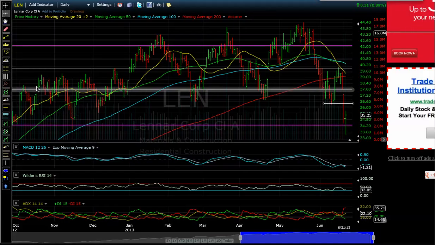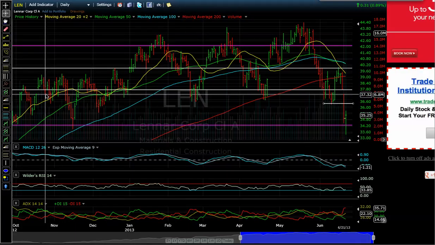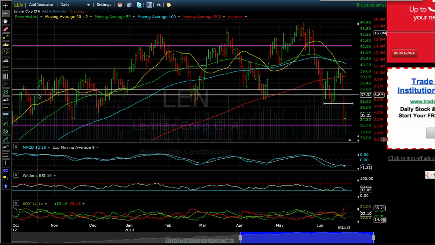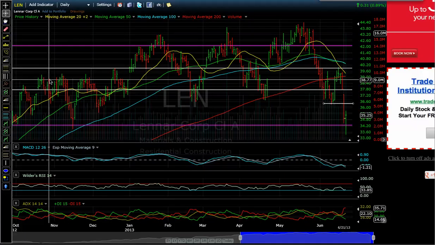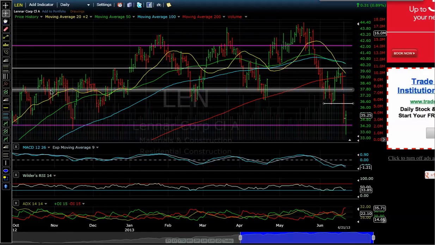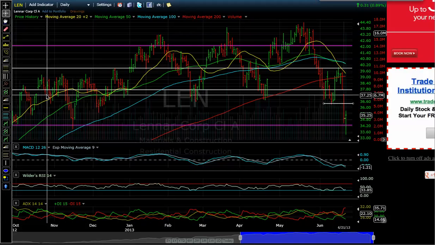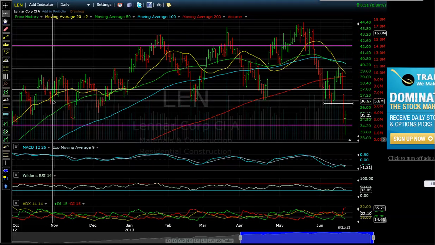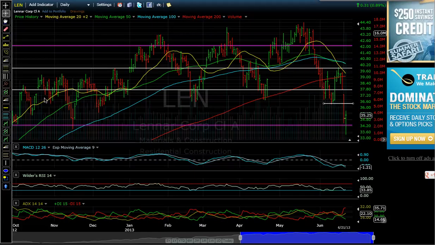Here could have been a dangerous day, but depending on your threshold and how much you can lose, if you would have bought here on a gap fill and you did not sell high, if you can bear the pain of losing 37.25, bouncing here, 36.90, if you could have borne the pain of the stock on a swing trade still holding the 20-day moving average, then you had 1, 2, 3, 4 chances to get out. Actually,